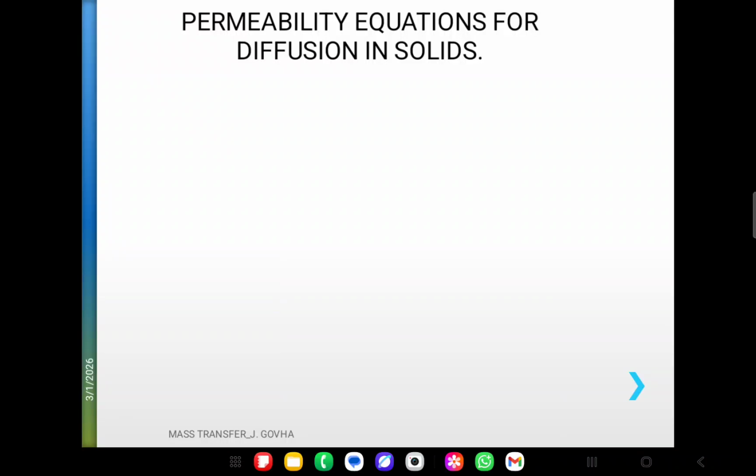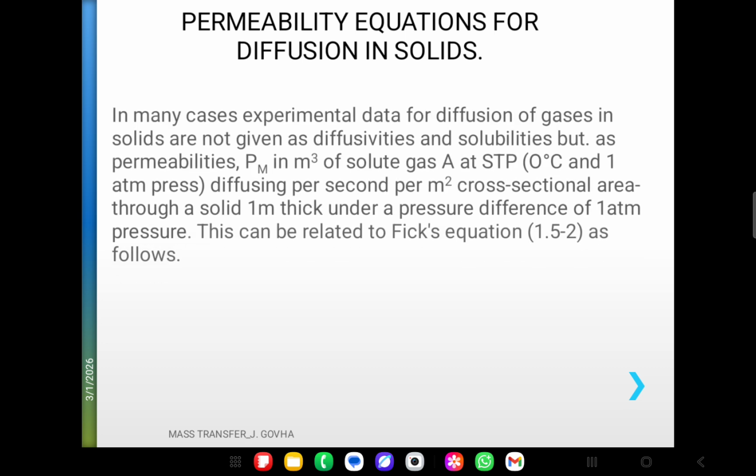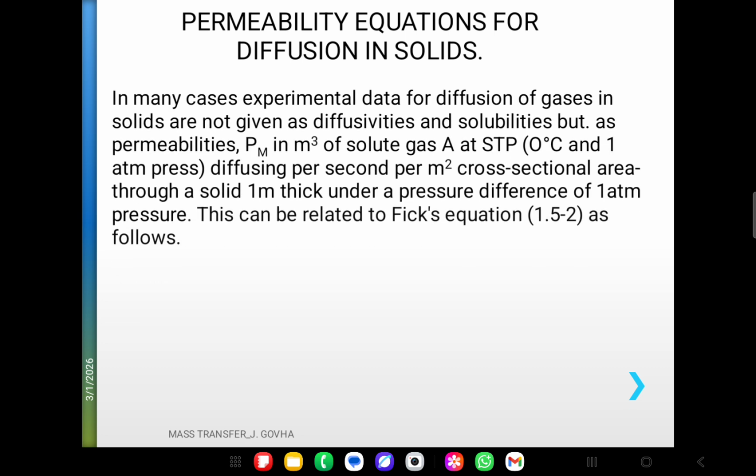Let's look at permeability equations for diffusion in solids. You'd find that sometimes experimental data for diffusion of gases in solids are not given as diffusivities and solubilities, but are obtained as permeabilities, which is our PM there,